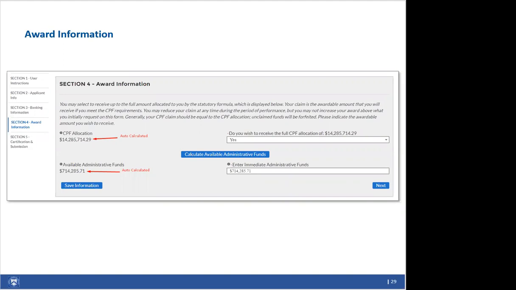And this is going to be 5% of your total award. It's the amount of administrative funds that you want to receive upfront. There are specific instructions in our guidance if you want to see what those upfront funds can be used for. But in general, if you don't request it now, you can get the administrative funds piece later.